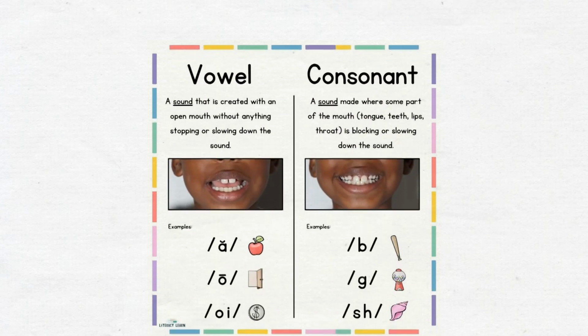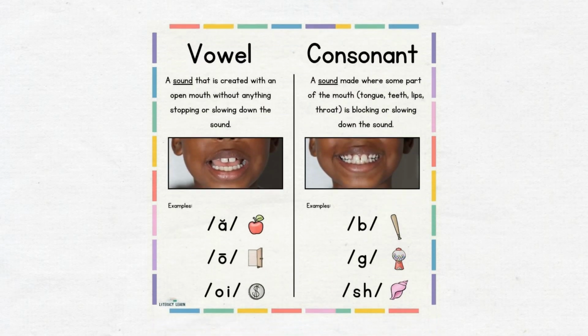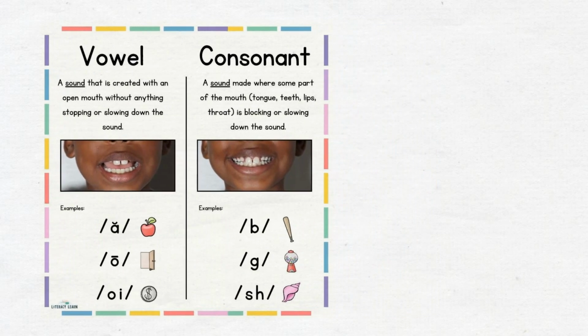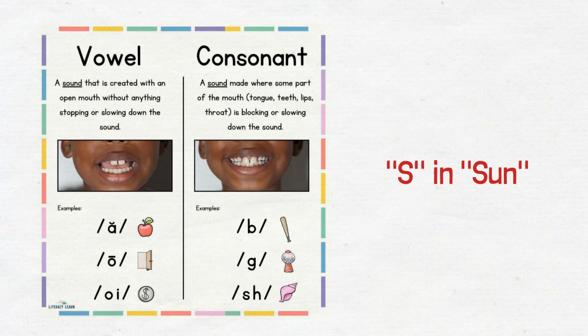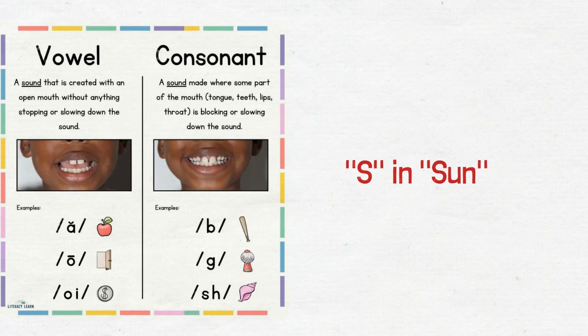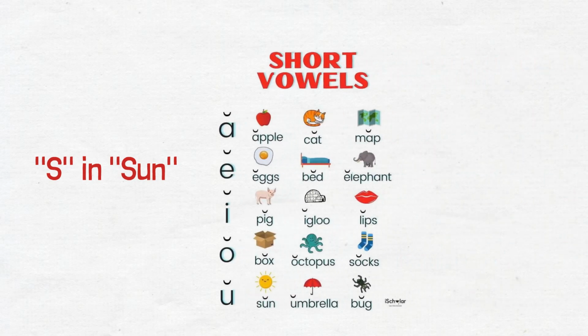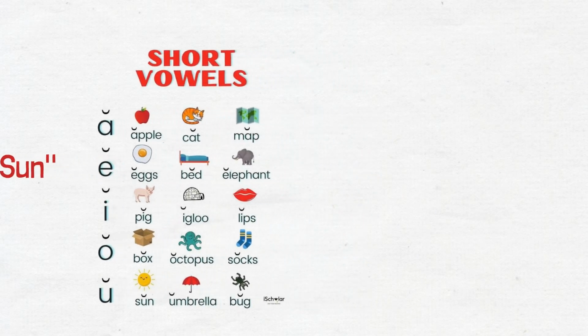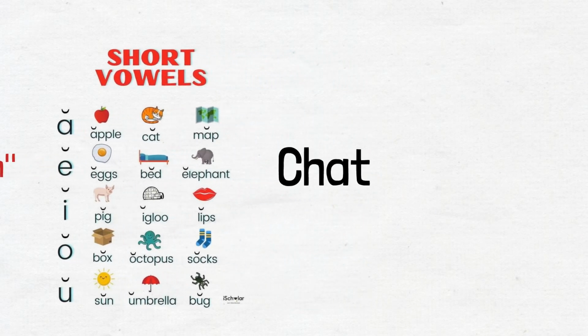Phonics instruction begins with teaching consonant and vowel correspondences, which form the backbone of decoding skills. Students first learn to associate letters with sounds, starting with straightforward consonant sounds, like the S in sun. Early instruction often focuses on teaching 5 or so consonants along with short vowels, equipping students with the tools to decode simple words. For example, a student encountering the word chat might recognize the familiar part at, which serves as